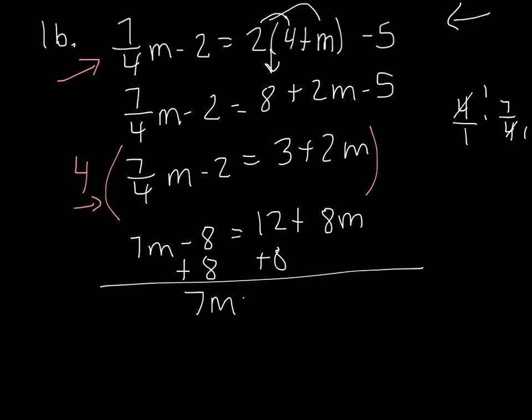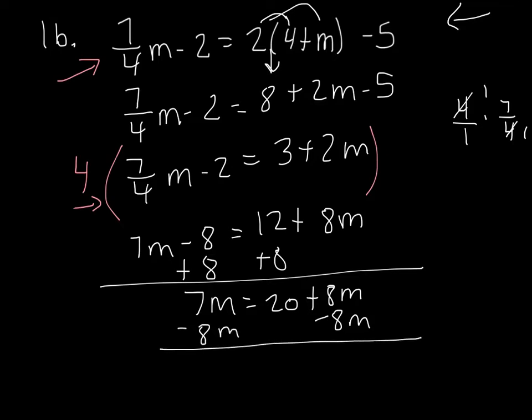So 7m equals 20 plus 8m. So now I'm going to want to subtract 8m from both sides. Remember, I'm trying to get the m's by itself on the left and all the constants on the right. So now I have negative m on the left equals